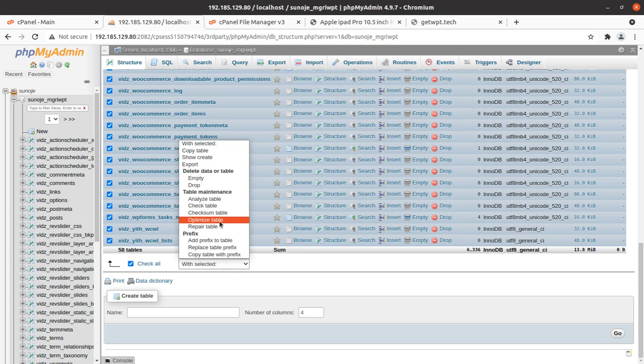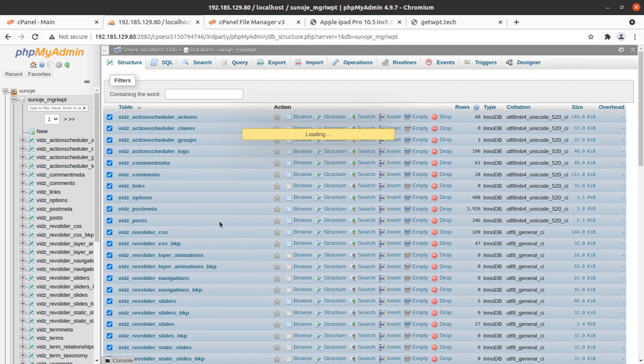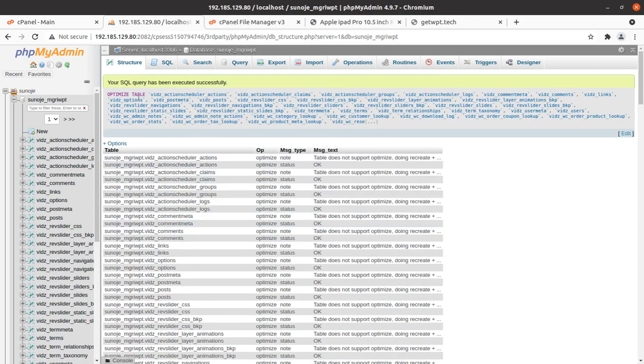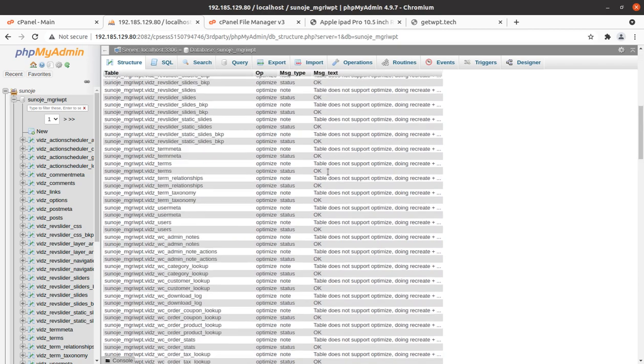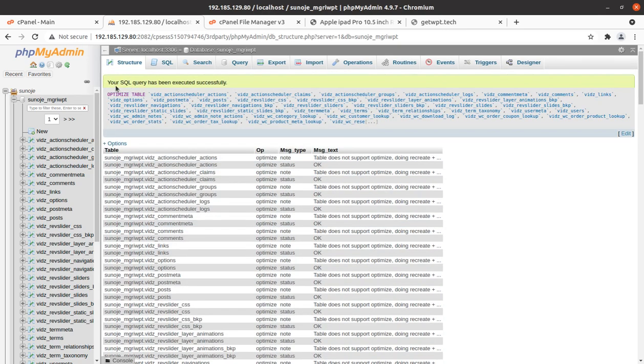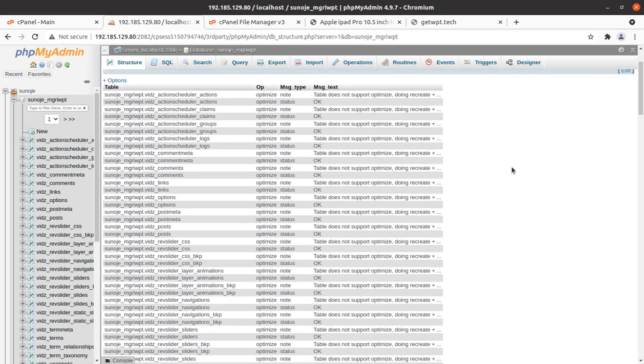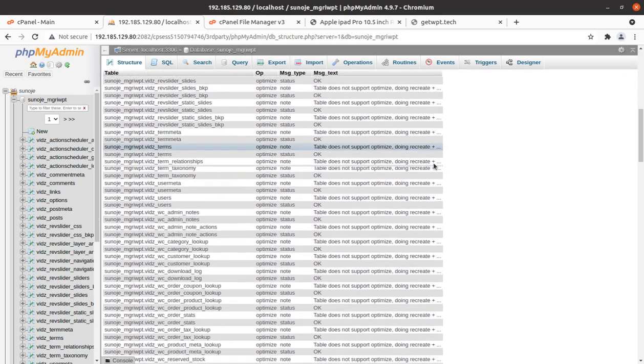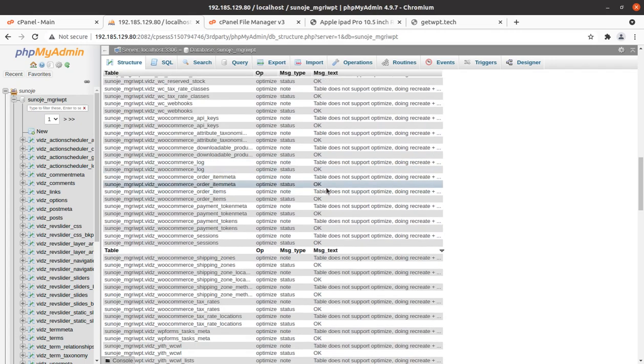So we have to select optimize table, and it is working now, and we will get the result on the screen. Okay, and you should get a message that everything is okay here, and on the top of this page you will get your SQL query has been executed successfully, and this is going to be an okay message for all the tables available in your database.